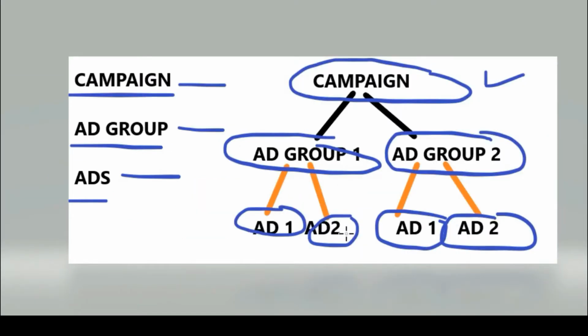You also have to follow this type of structure. First, in the campaign level, you have to select the basic objective of the campaign, that is why you are creating this campaign and what you want from it. In the ad group level, you have to place the budget, the bid, the location, and keywords also. And in the ad level, you have to create the ads, like the title, the headline, and the descriptions of the ad, which people will see and click on.